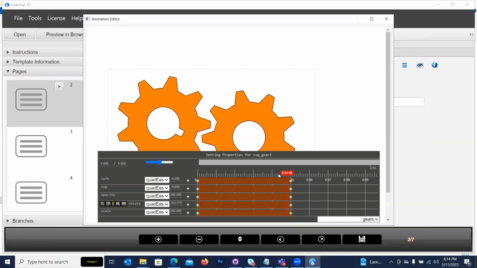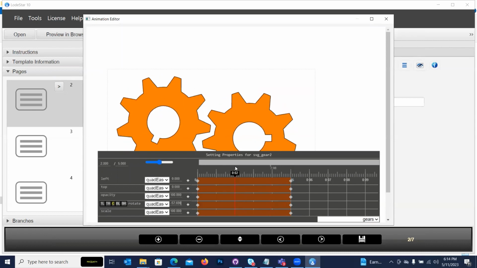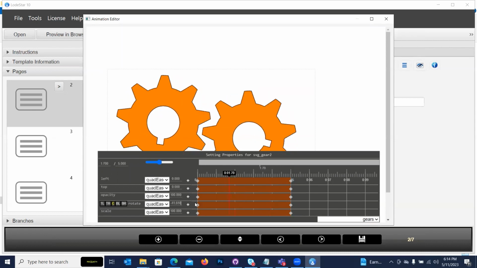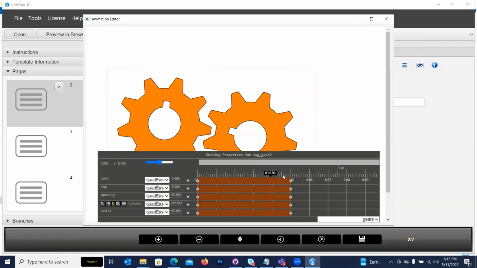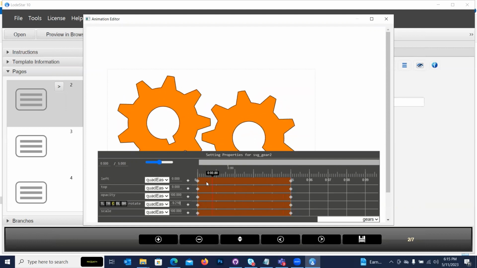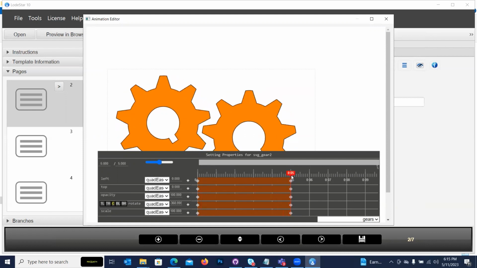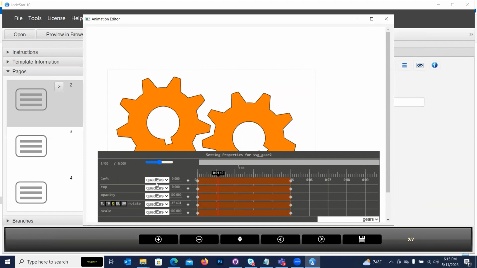And of course, you can add a keyframe anywhere. So I could position this along the timeline and then click this little diamond here, which will add a keyframe. But you know you're on a keyframe by it turning red. That's really an important piece. And once you enter in a value, so now again, our values that we can change are left, top, opacity,